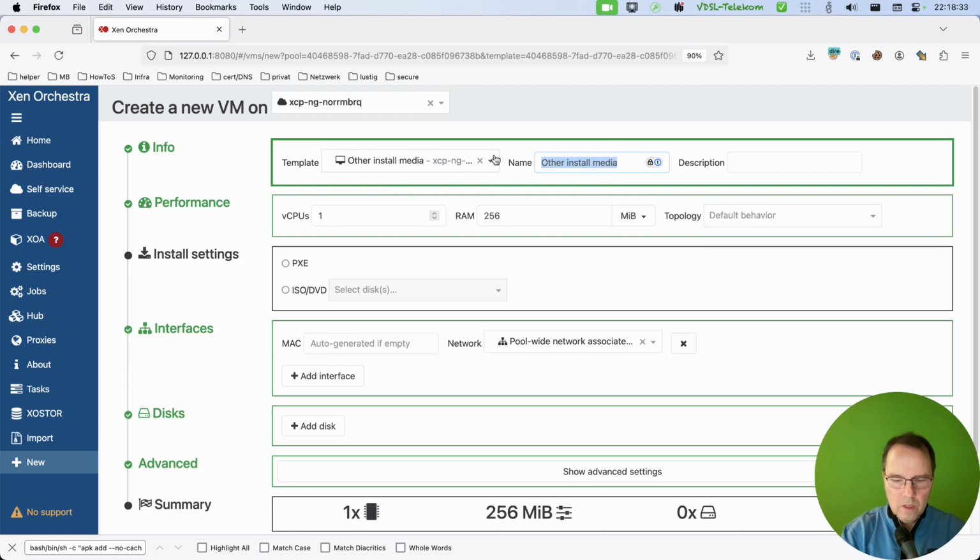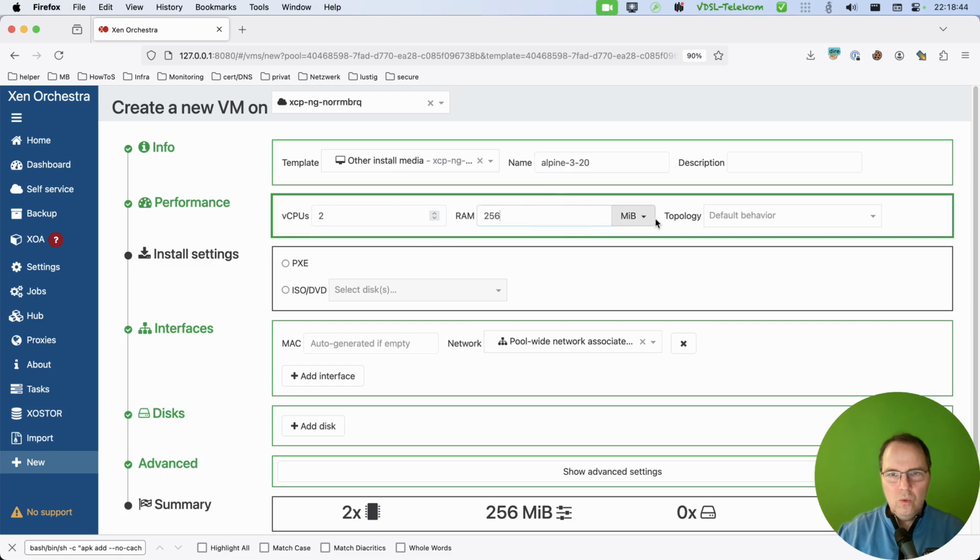I give the VM the name Alpine-3-20, which is the version. I choose 2 CPUs, 2 GB of RAM. I use 2 sockets,